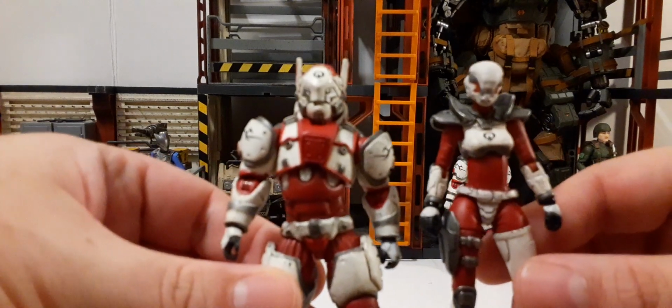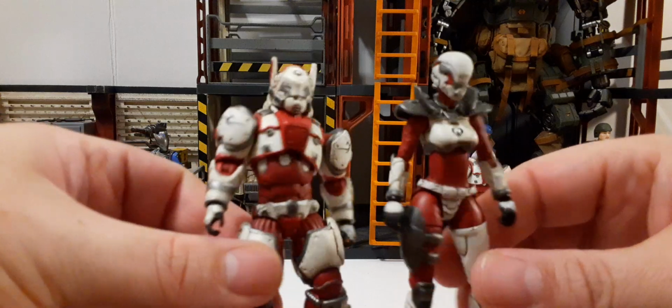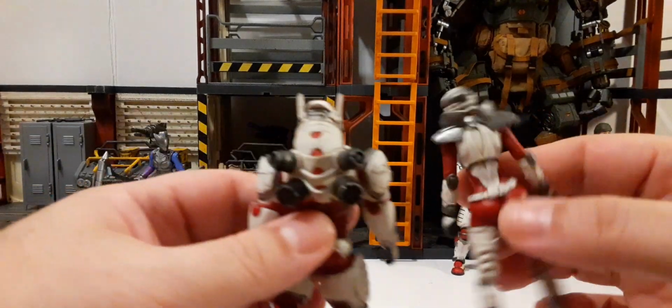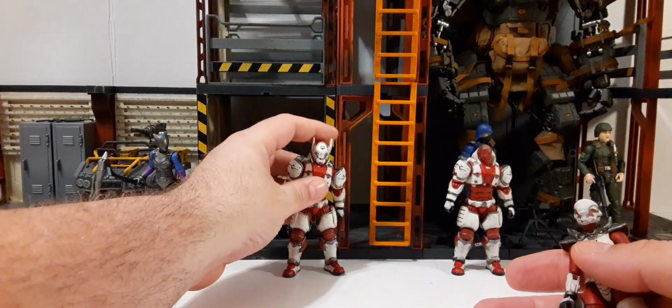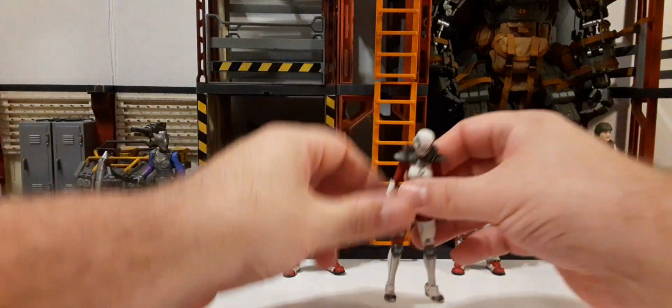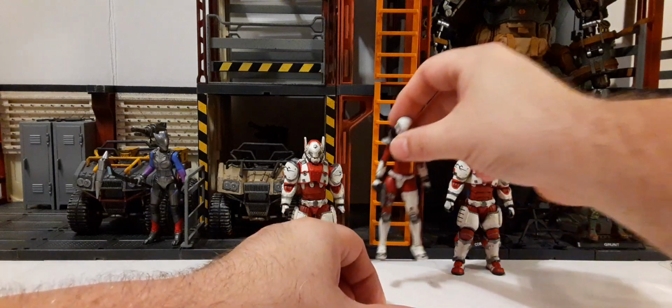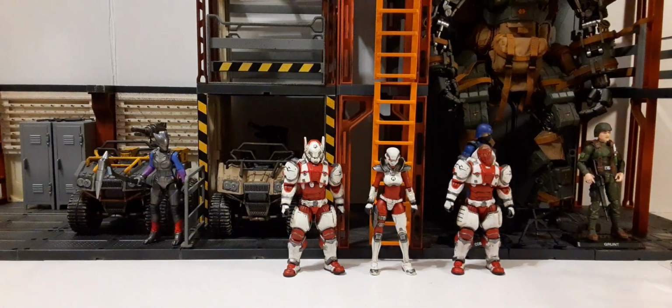So here's a comparison. Yeah, they're pretty, so I've been on a fence for them, but I think it's that head sculpt, that red clashing with the body red. You don't know what's going on. I have no problem using the helmet version heads for my figures for what I plan to do with them on my shelf, but